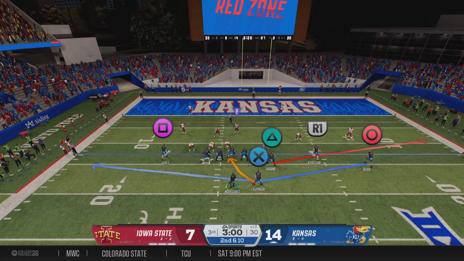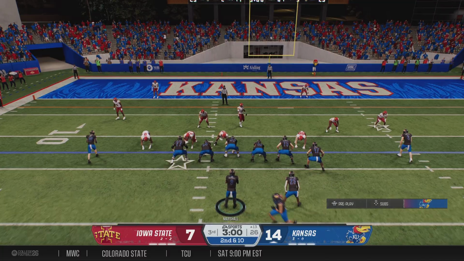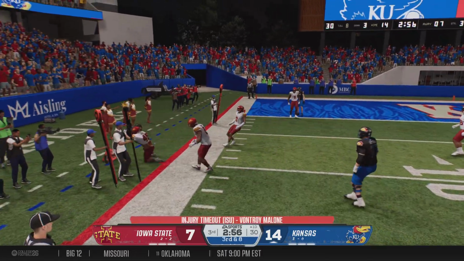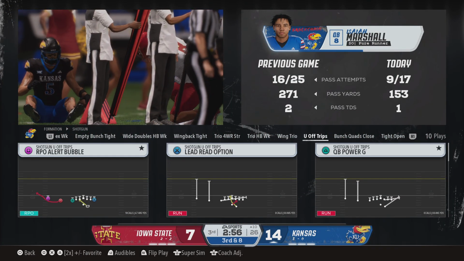And sometimes it's just those small things. It's getting your feet set so you can throw the ball with good accuracy. A lot of times guys are open and you just rush it, you hurry it. This quarterback's just got to settle down a little bit, take the time, and hit that open guy.